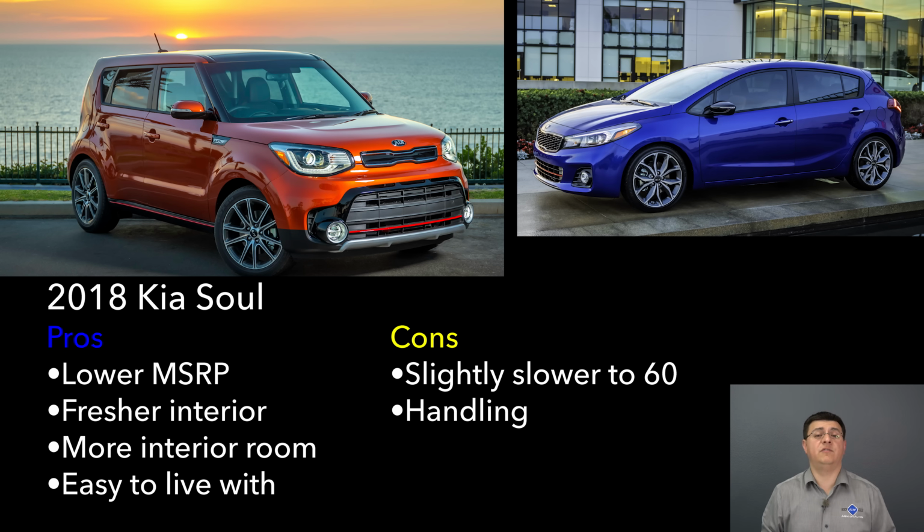My bottom line with the Forte and Forte 5 is that the car is getting just a little bit old. Some of you have asked why reviewers, myself included, tend to give every new car at least a passing grade. As I said before, the reality is that manufacturers don't design their vehicles to be class middling. They design their vehicles to be class leading. And that was definitely what we saw when the Forte was released several years ago. But that was several years ago, and this is now 2017, and we now have a boatload of brand new